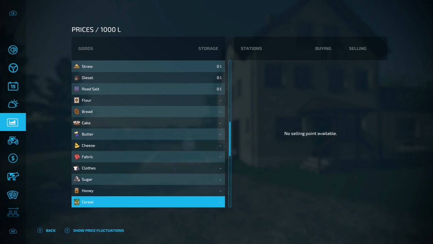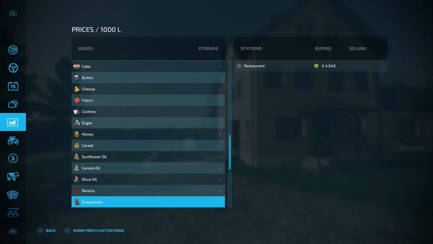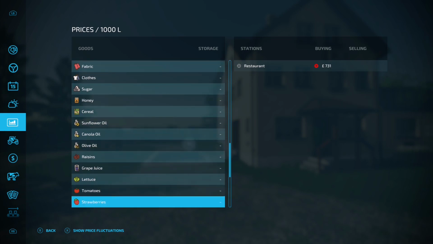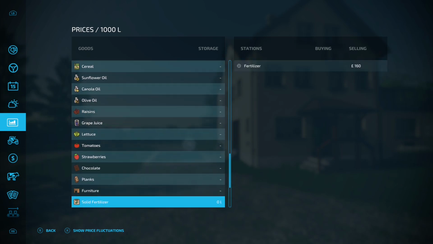We'll carry on going down. So there's no cereal factories, you might want to place one of those down. Keep going down, so no raisins, but you can sell grape juice. So you might want to place something down for that. I mean, if that mod that came out, the wholesale, that takes everything, so you might just want to place one of those down and you're good to go. So chocolate you can't sell, planks you can, furniture you can't,